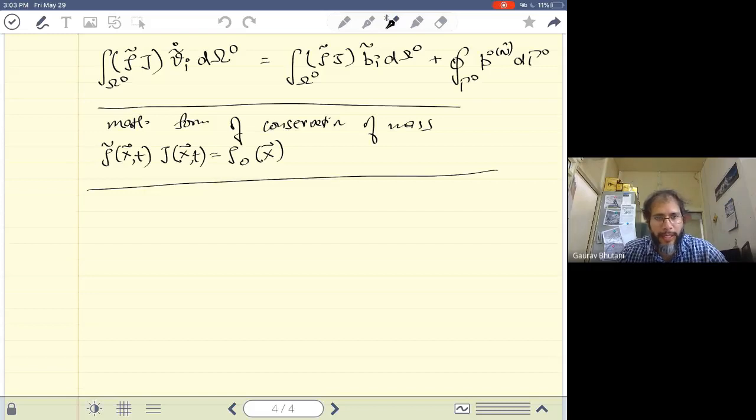Okay. So rho tilde is simply the corresponding form of rho density field written in terms of capital X. So we simply took rho and we substituted small x in terms of capital X and t, and this is what we get, rho tilde. But rho naught, if we go back to the initial configuration, then the way the particles were distributed, there was some density field, and that density field is called rho naught, which is only a function of capital X because it was defined at t equal to 0. This is the reason we combine rho tilde and j into one term so that we can replace that by rho naught.